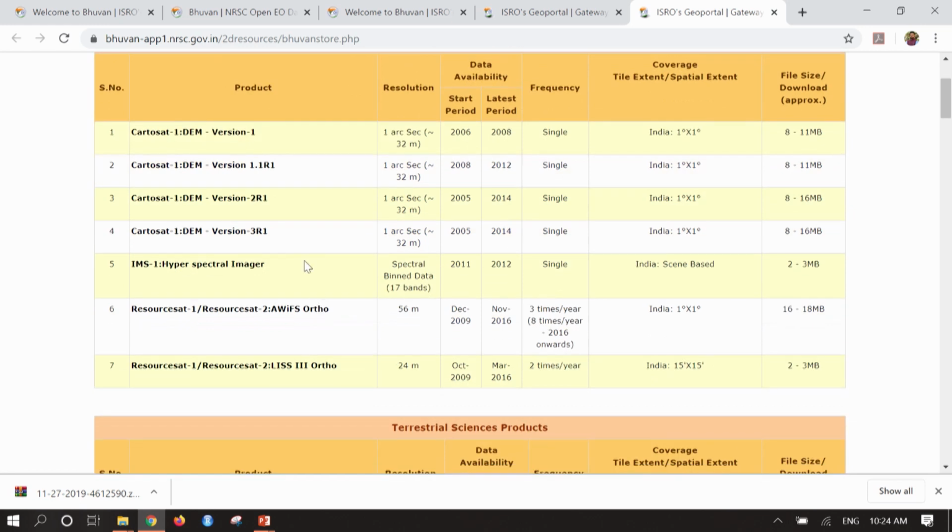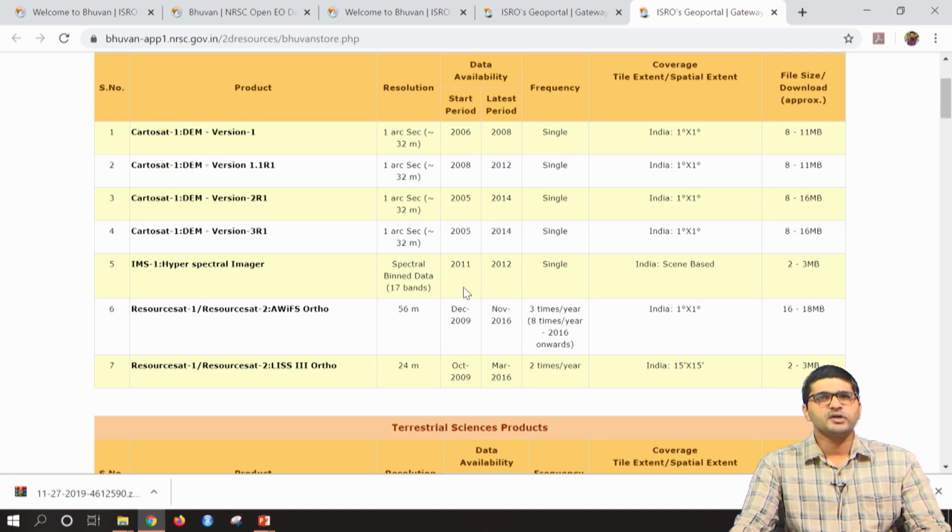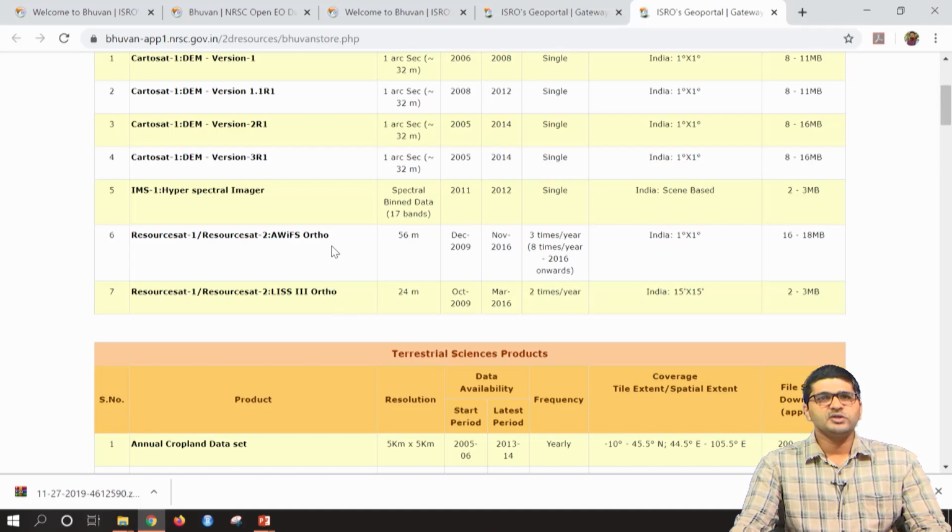If you go here, it first shows Cartosat digital elevation models for various Cartosat sensors from the year 2005 to 2008, and even 2011 hyperspectral data is also available. Not only that, it has imagery products of AWiFS having 56 meter spatial resolution and LISS-III data having 24 meter spatial resolution. This can be used to perform any kind of land use or land cover analysis for any cities or non-urban areas as well.